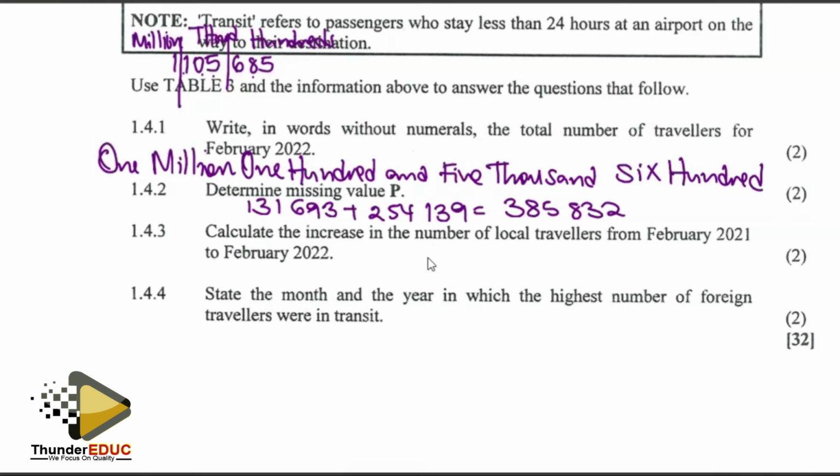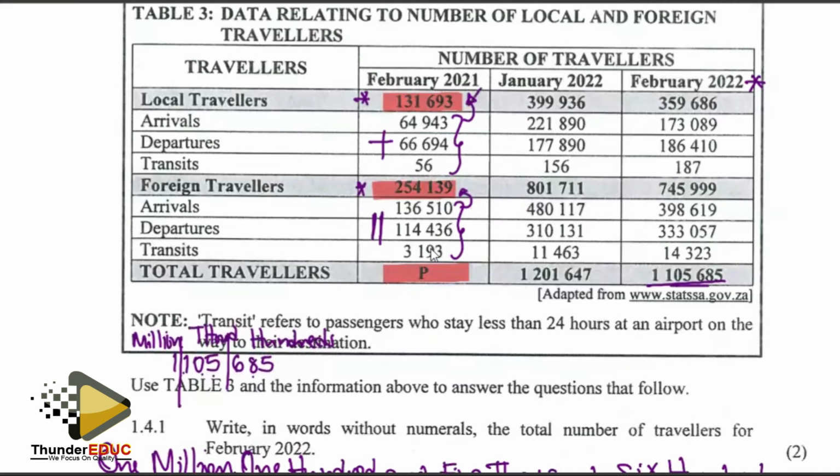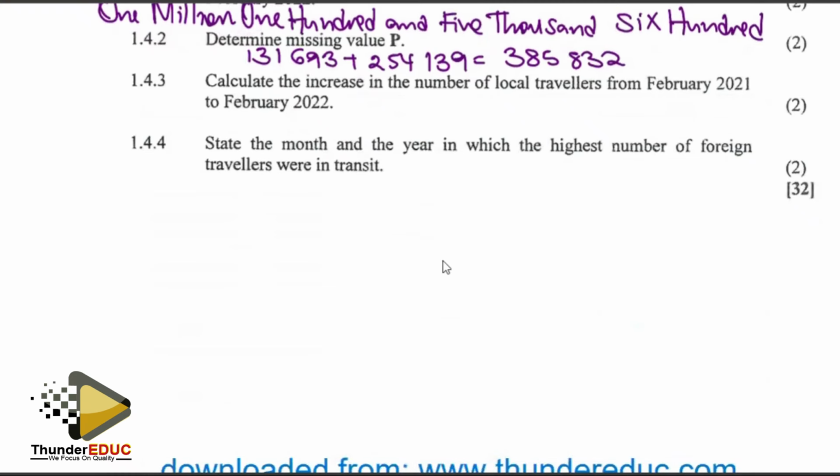Calculate the increase in the number of the local travelers from Feb 2021 to Feb 2022. The increased number, so simple: get the number in Feb. The number in Feb, it's this much. We subtract it from that other one there. So, shall say